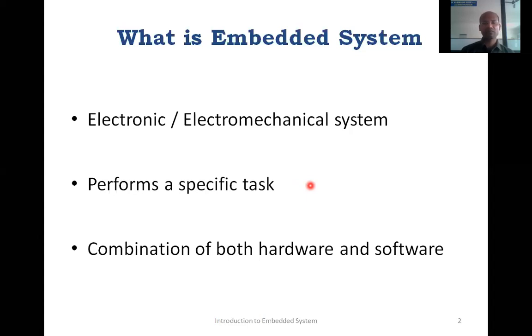This is not the case with an embedded system. Only one application can be executed at any given time. If you want to execute some other application, we have to take away the old software and upload the new software. That is the thing. It is a combination of both hardware and software.